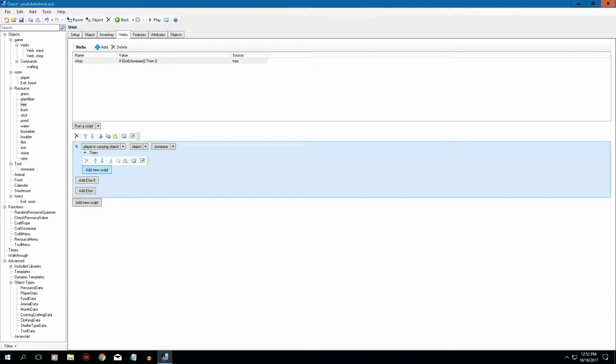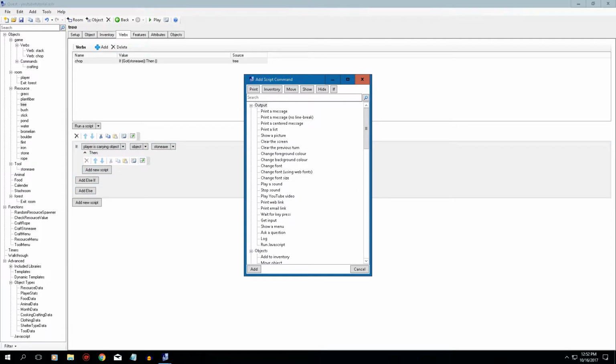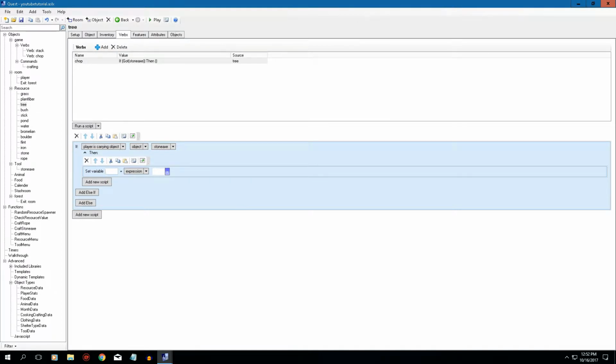We'll come to that at a later date. So now we need to add another script. We're going to say then. We need to go find variables and set variable attribute. And we're going to say this dot health and tab over this dot health. We're subtracting the health now. And what are we subtracting it from? You guessed it, the stone axe dot